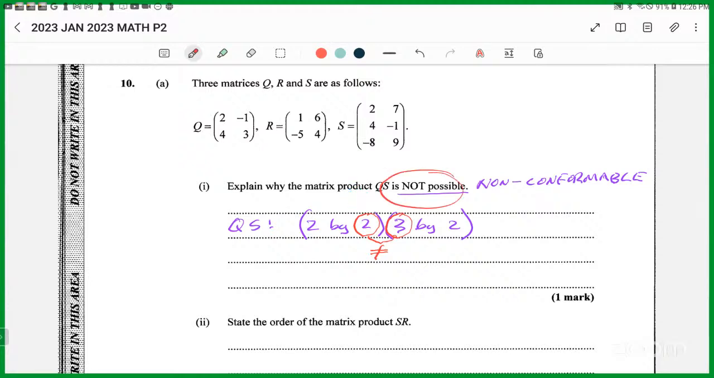So this is it. It is not conformable, meaning the number of columns in Q is not equal to the number of rows in S. All right. And so we can write that. Explain why it is not possible. This is the reason now. Not possible because non-conformable. Not possible means non-conformable. So QS, not possible because,